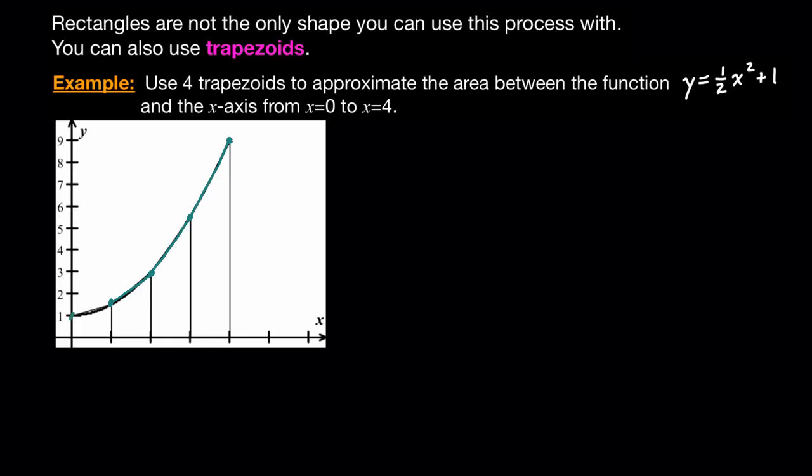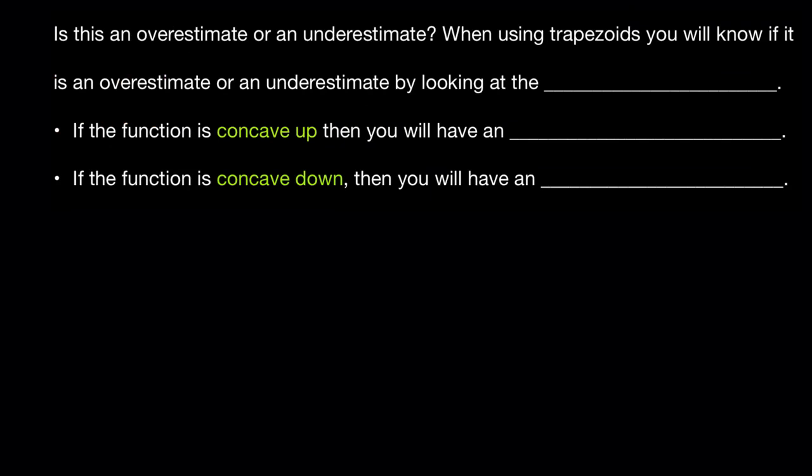Now, what that does then is it gives you a really good approximation, and you would just simply calculate the area of this trapezoid plus this one plus this one plus this one. I'm going to leave that arithmetic up to you and not proceed with that part. So in this situation, are we going to have an overestimate or underestimate? When you're using trapezoids, you will know that it is an over or underestimate by looking at the